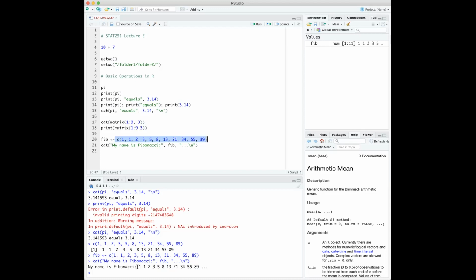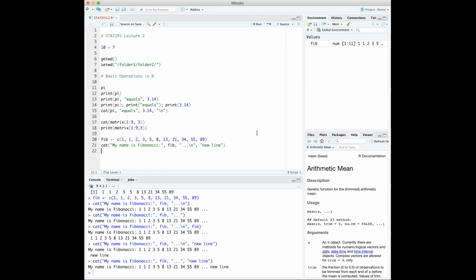And here are the Fibonacci numbers. And then I can continue by using these three commas. And then we terminate the line by using backslash and n. So also, as an example of a vector which may span multiple lines, we are going to